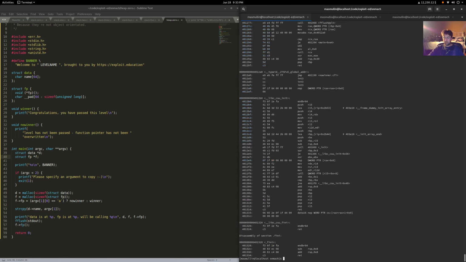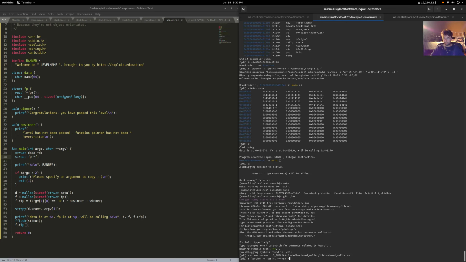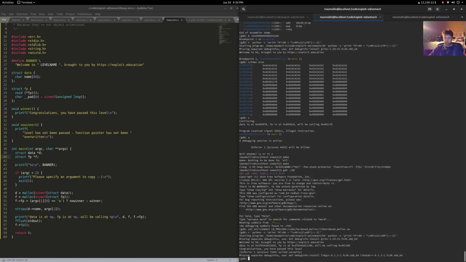And in this case, how do we get to the winner function? We call this function at 4012d0. Now that is not something I was expecting to happen here. I was not expecting to pass the test here. I was expecting